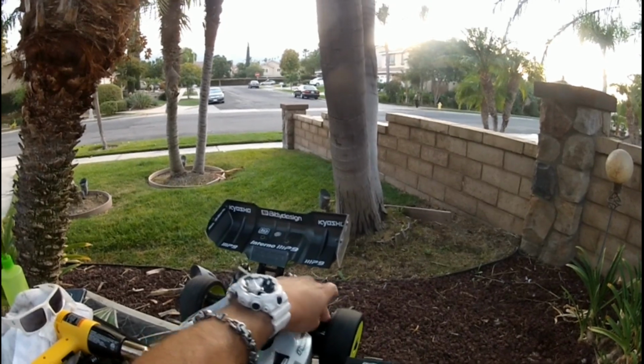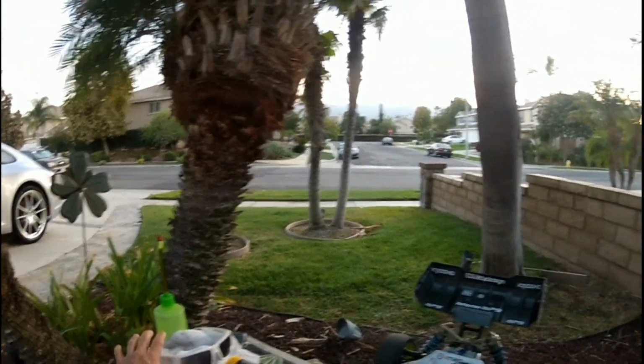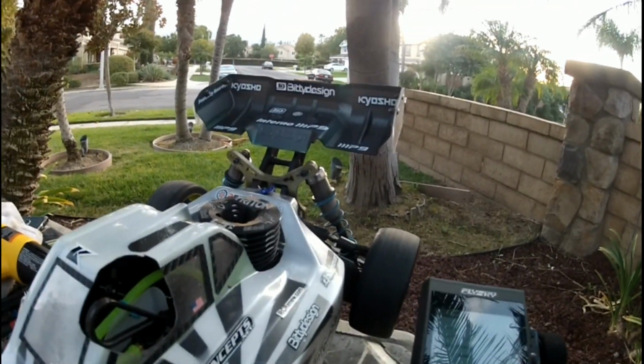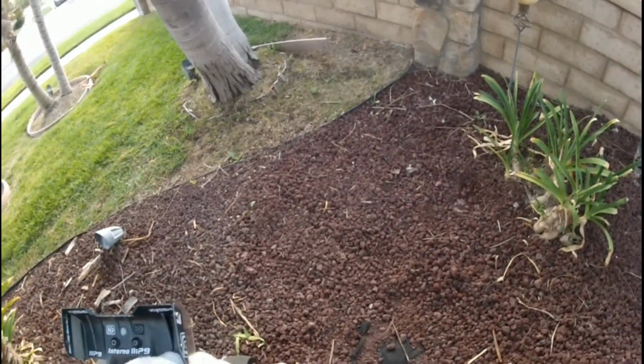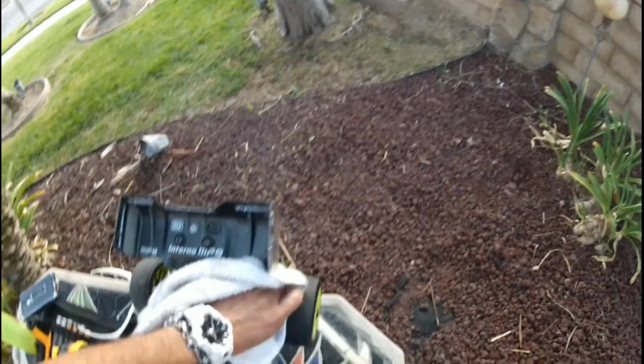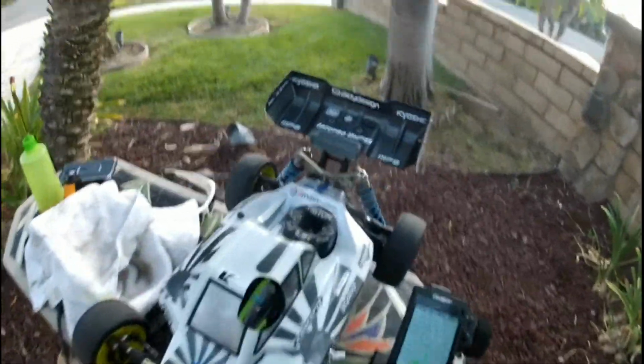Man, look at all the oil on this thing. I didn't even realize that. I don't know if you guys can see that. Look at all that oil back there, man. Well, that's how it is when you're breaking these things in. If you run it rich, which I do, I'm going to be doing a little bit of cleaning here soon. But anyway,